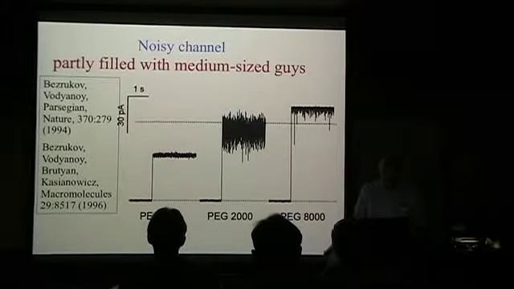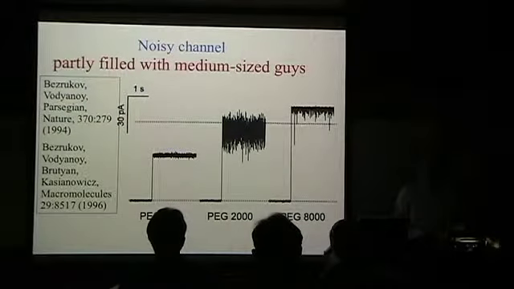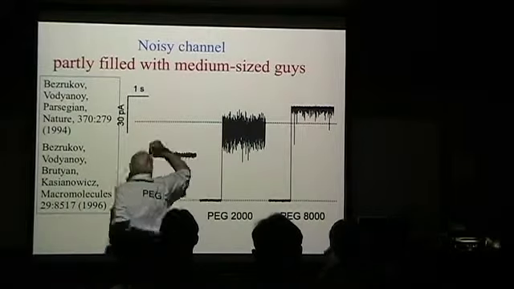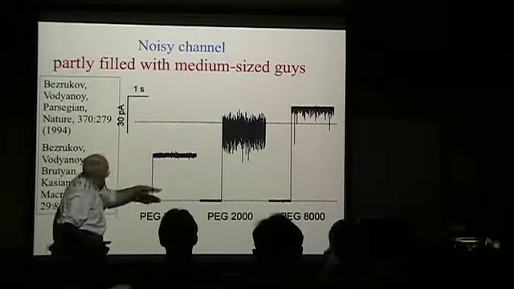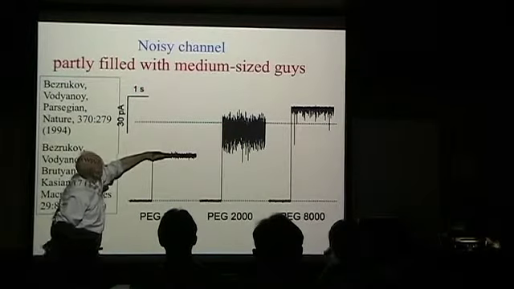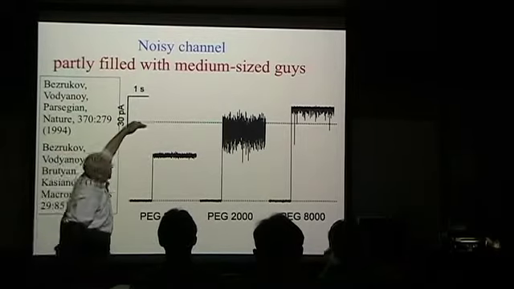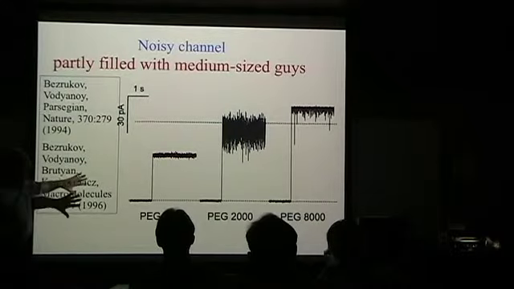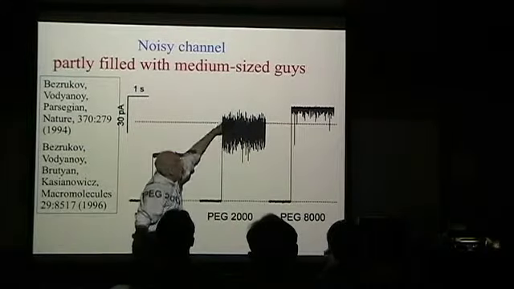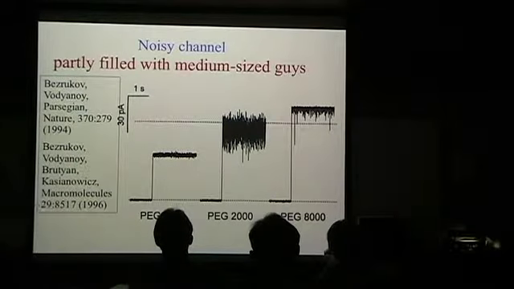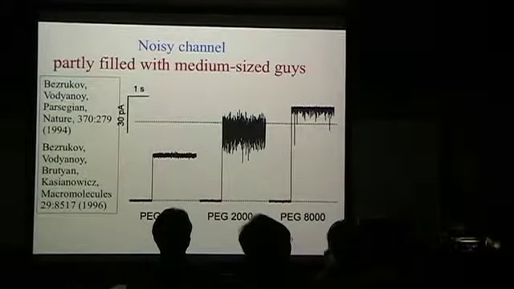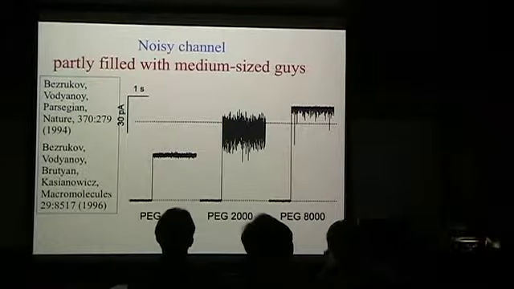And here is what data look like. If I take really, really small molecules and I look at the current going through that channel, I find that there is a smaller current than what I would have expected from the conductivity of the solution. If I take medium-sized guys, I find there's a very noisy curve. This is just pure gold. That noise is because the medium-sized guys are going in occasionally. And a frequency analysis of that noise is actually telling you transit times. So there's a lot of really neat stuff to learn in there.